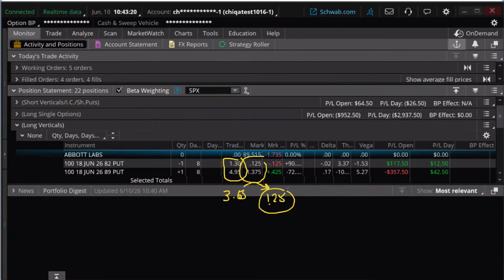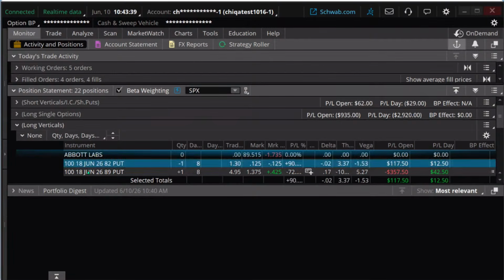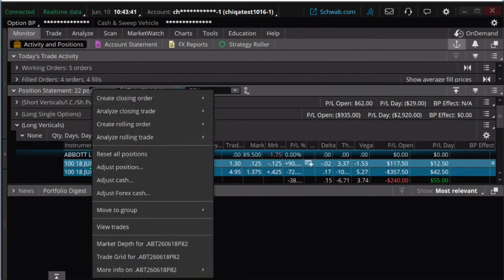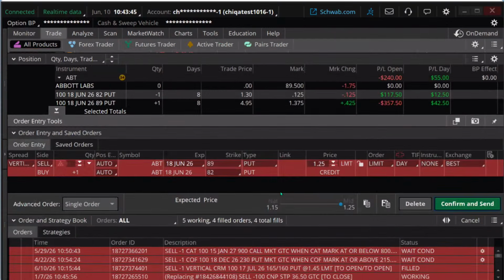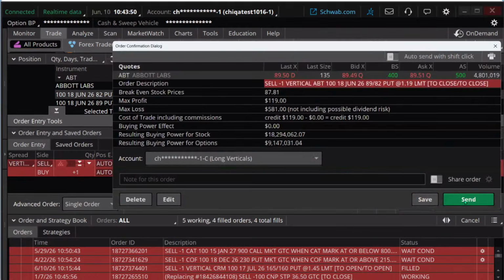There's still a fair amount we can lose on this. Is it possible we'd stay with this when we're losing money? Yeah, if this is near zero, we may say, look, we've lost almost everything we could lose on this, so we're going to stick with this. That's not the case here. There's still enough that we can lose money on this. I'm going to close out of this trade for that reason. Create closing order, and we're going to get out of this trade.